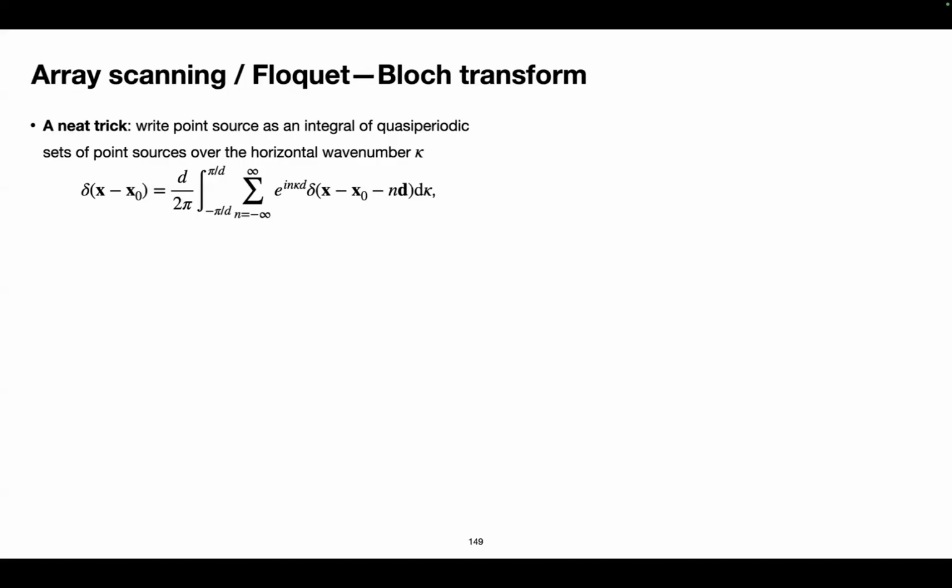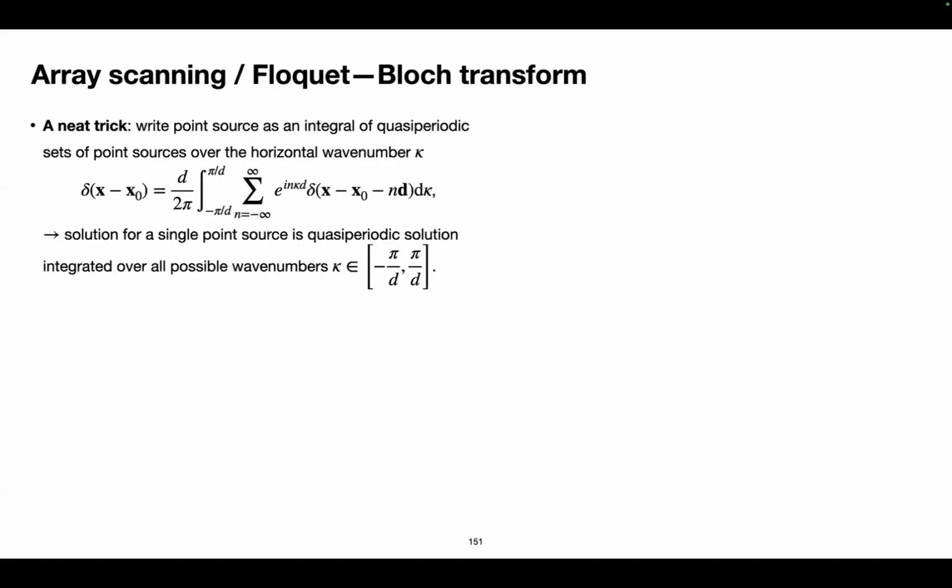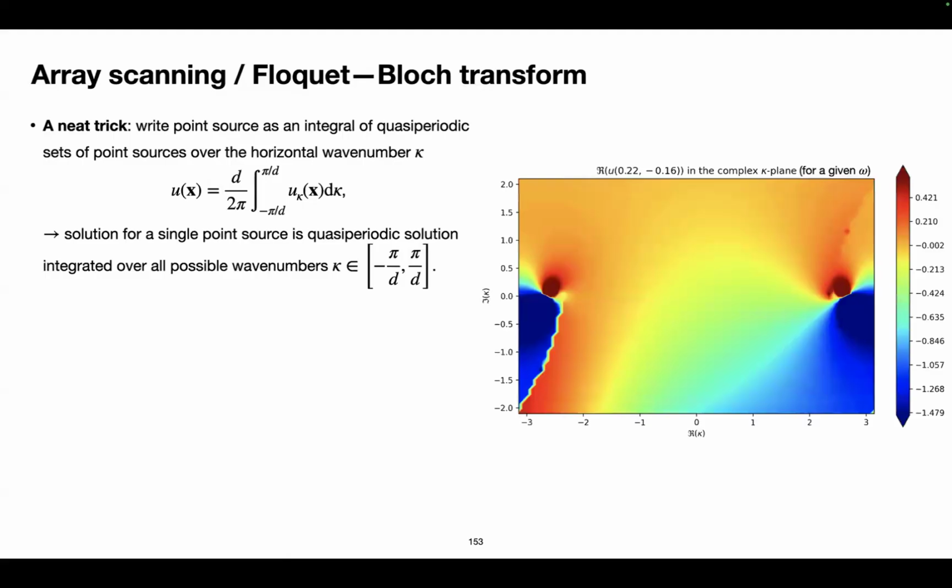The idea is that I have an integral on the right-hand side, and inside the integral, I have these quasi-periodic setups, and each of those I can solve very simply. So all I need to do is solve the PDE in a quasi-periodic setup, compute each of these solutions, and then perform a numerical integral. That's it. Now, the issue is that that numerical integral is very difficult to do.